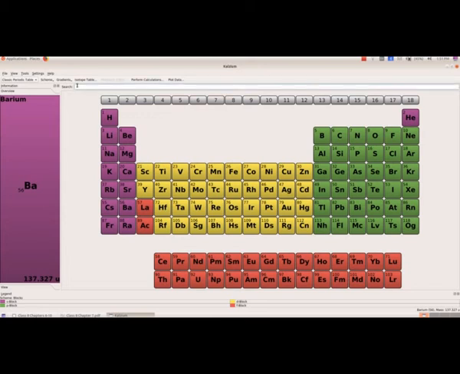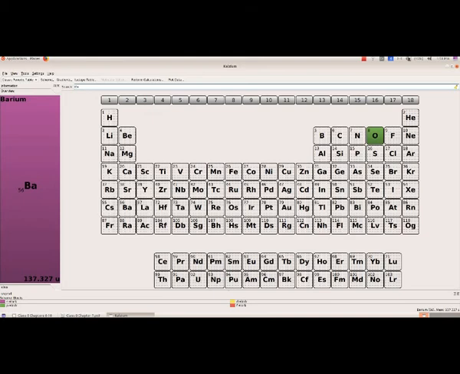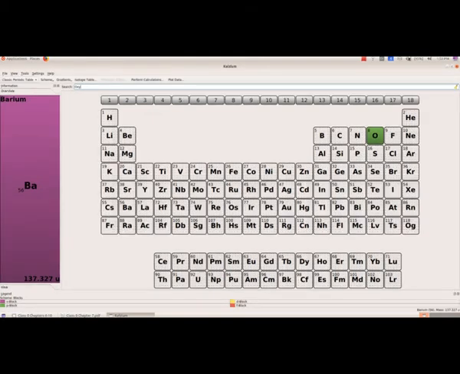First you have to click there, and suppose I need oxygen. So the symbol is O. You can type the name of that element and you will get it.